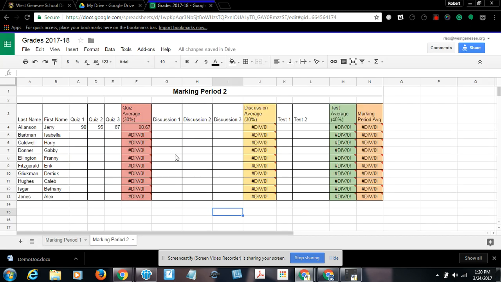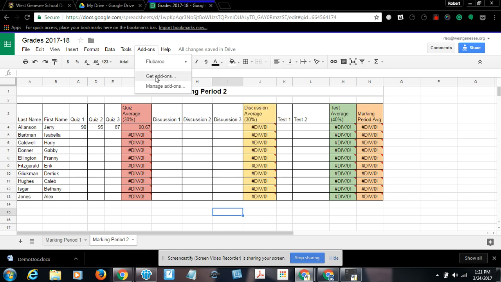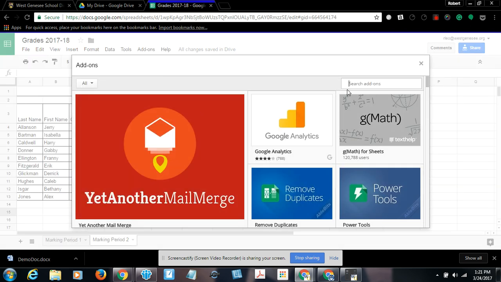Also, like a Google Doc, there's an add-on menu here. And under add-ons, I'm going to strongly recommend you get the Flubberoo add-on. It's the same process. You click Get Add-ons. Flubberoo